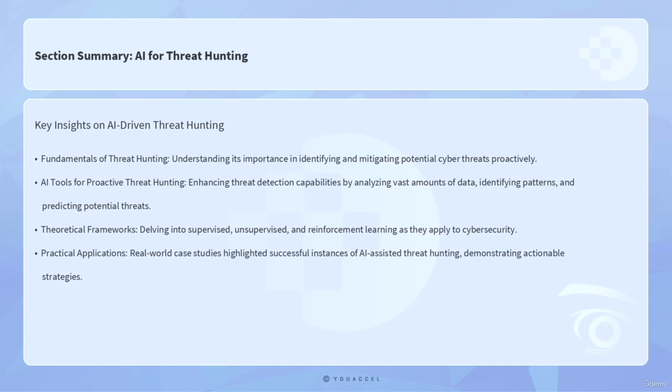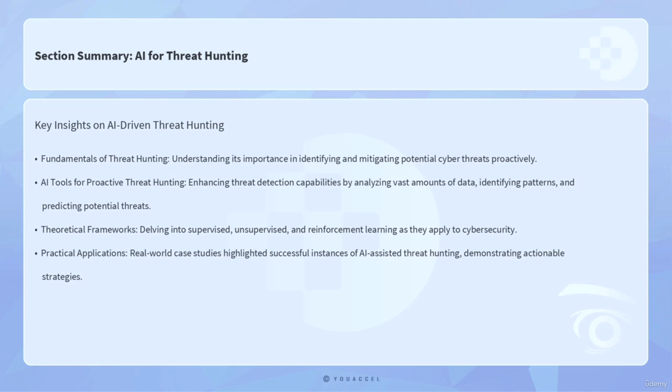Finally, you examined the limitations and challenges associated with AI-driven threat hunting. You learned about potential obstacles such as data quality issues, adversarial attacks on AI systems, and the need for human oversight. This section emphasized the importance of a balanced approach, combining AI capabilities with human expertise to overcome these challenges